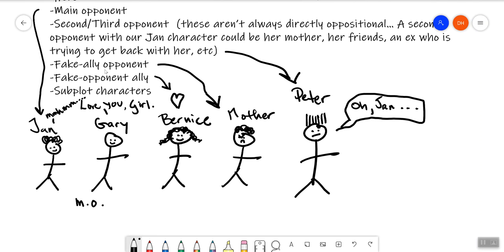We have the fake ally opponent. Now, this means somebody who seems like a friend but is really a secret enemy. We have the fake opponent ally, somebody who seems like an enemy but is actually a friend. And then we have our subplot characters. Okay. By thinking of our character as surrounded by people who want different things, we're setting up all kinds of